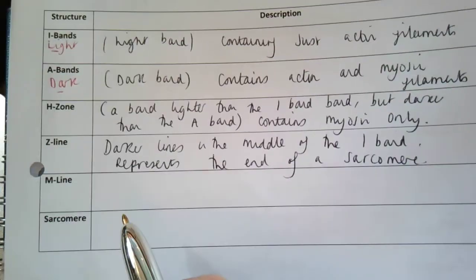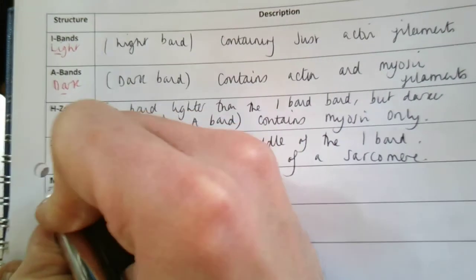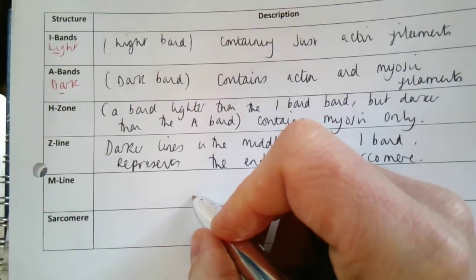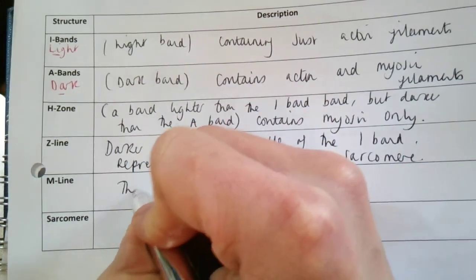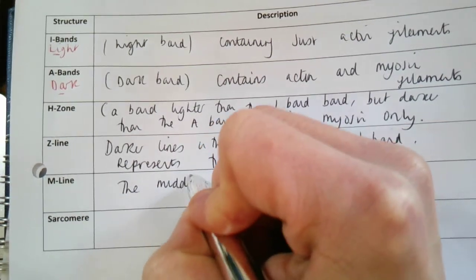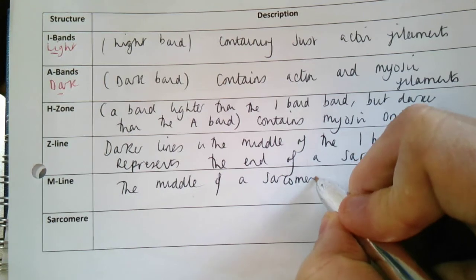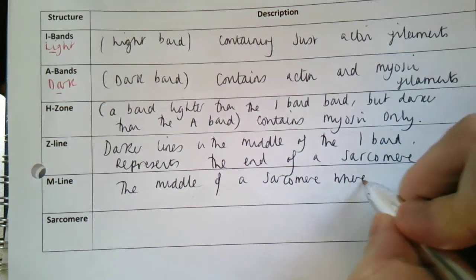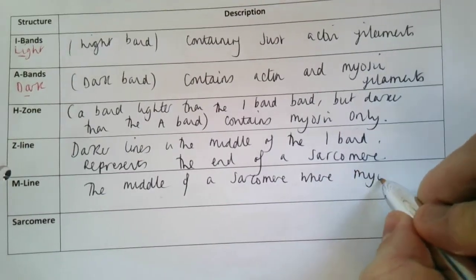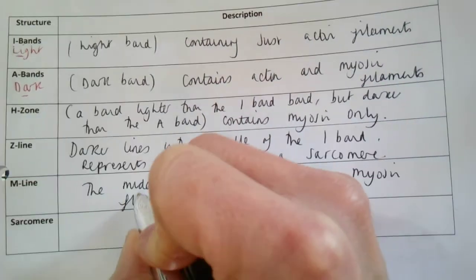The M line, remember, that it's not on every diagram, but that is the middle of a sarcomere where myosin filaments